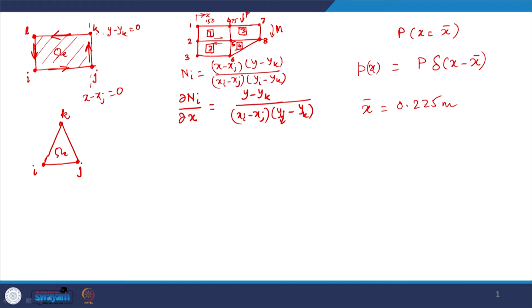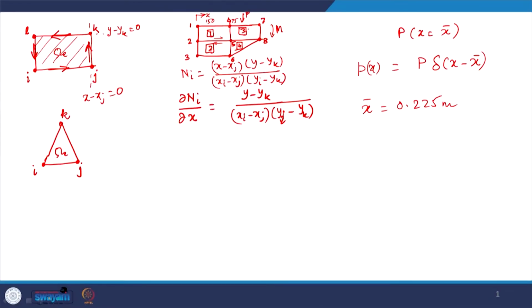For the problem that we are dealing with, that leaves us with another issue: how do we model the moment? Because there are no rotational degrees of freedom here. So, how do we incorporate all the forces that we have? The allowance is only for the rectilinear forces, force along x direction, force along y direction. How do we model the moment, applied moment in this case, in this problem?